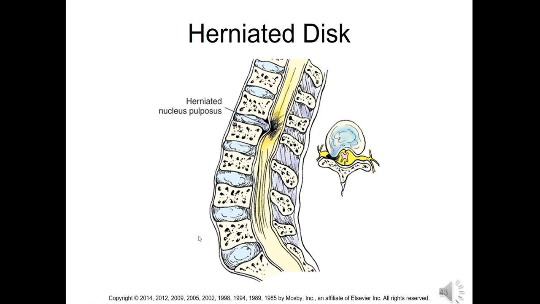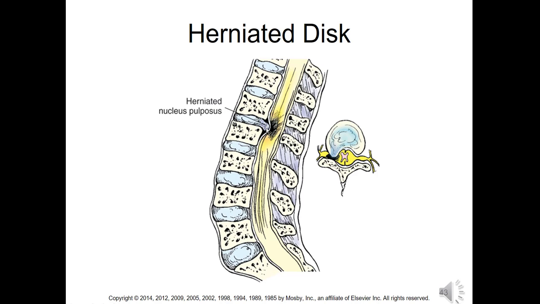This is an image of how a herniated disc looks. Notice how this says herniated nucleus pulposus, which is abbreviated as HNP. So this is the disc, okay? The disc has a nucleus or an internal component that is kind of like a pulpy material, and then it's just a disc space itself. It's got like a membrane. So the inside of it, this will rupture, and the jelly-like fluid that's in there will